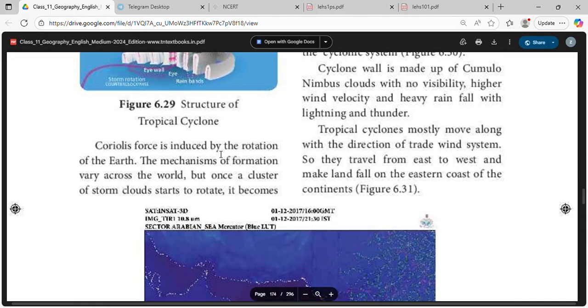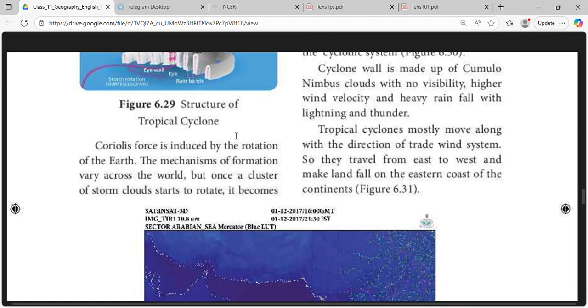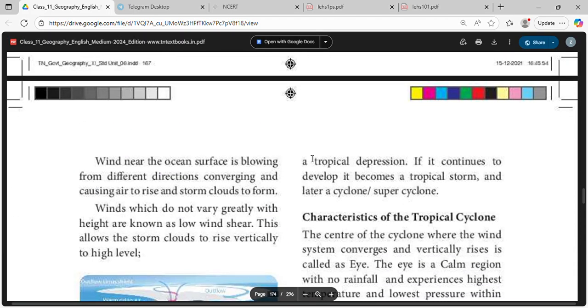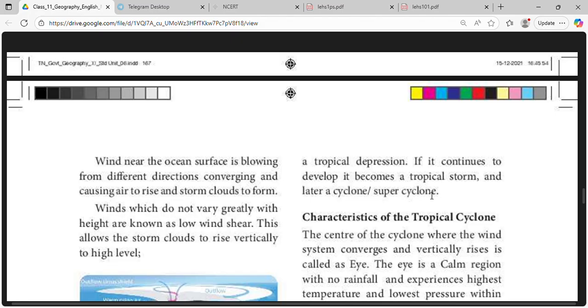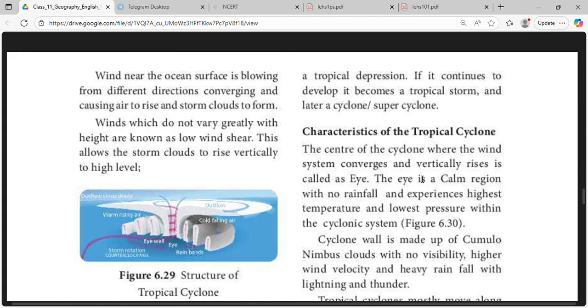Coriolis force is induced by the rotation of the Earth. The mechanisms of formation vary across the world, but once a cluster of storm clouds starts to rotate, it becomes a tropical depression. It continues to develop as it becomes a tropical storm. Characteristics of tropical cyclone: